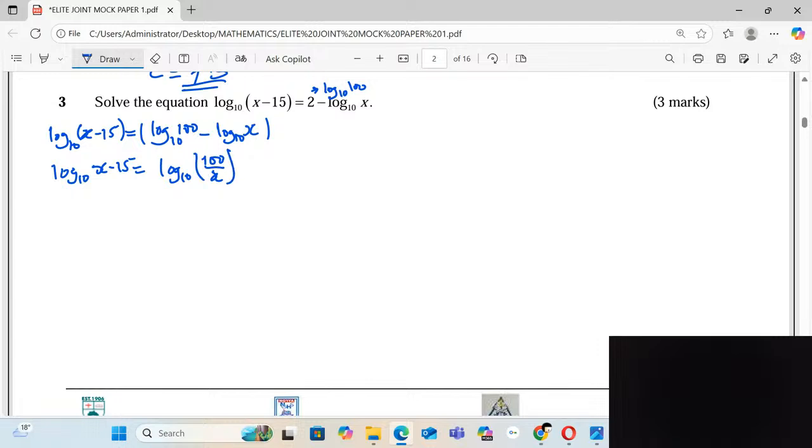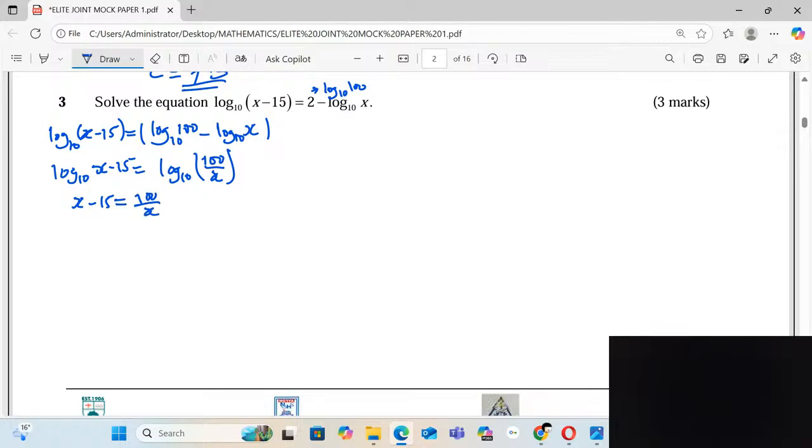Now that we have log base 10 both sides, we can now drop them so that we remain with x minus 15 is equal to 100